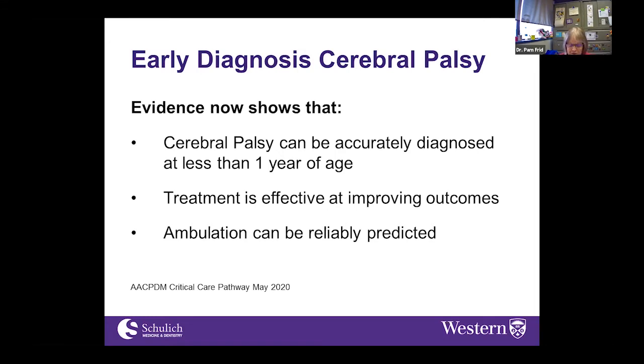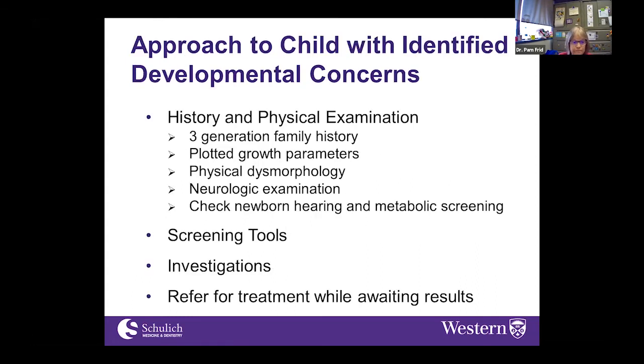And the other thing that we now know is that if a child is 10 months old and we diagnose cerebral palsy, depending on what their skills are at the time, we can begin to be fairly certain about whether they're going to be ambulatory or not. And that is really important in working with families, in helping them understand what the future is and helping them accept whatever the motor function is going to be for their child.